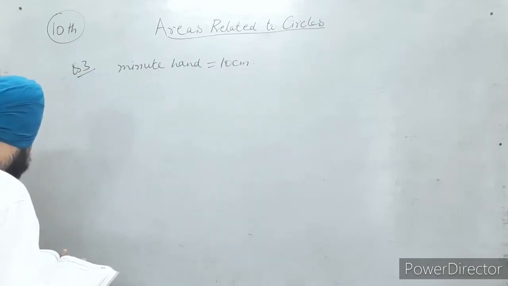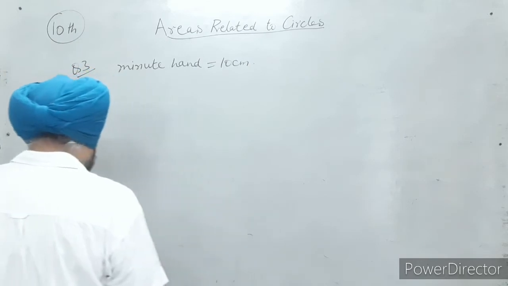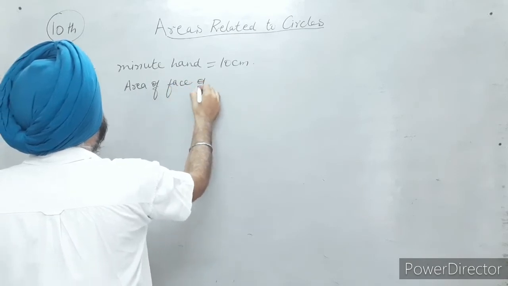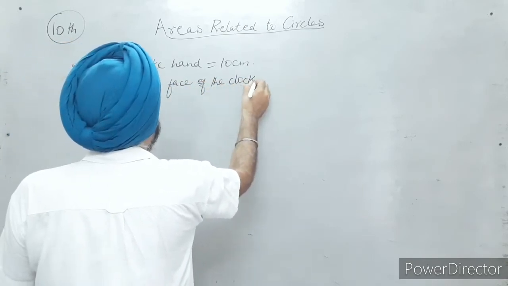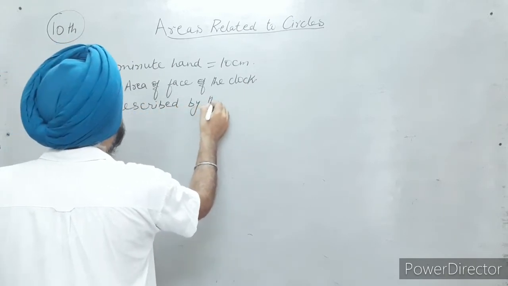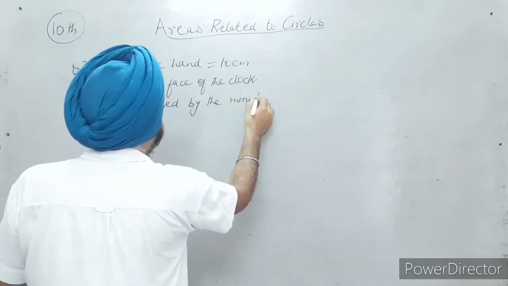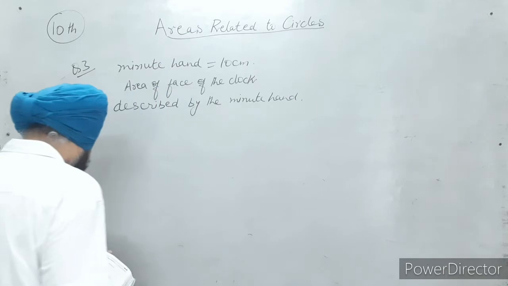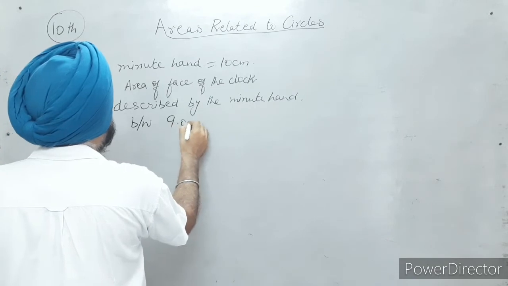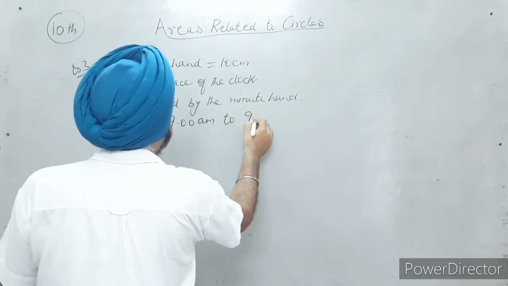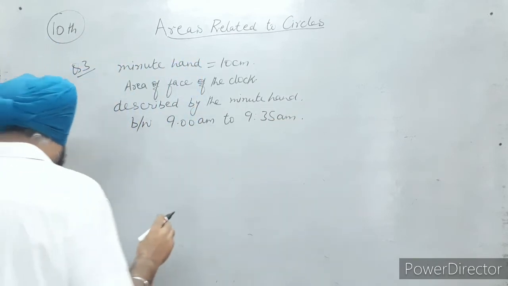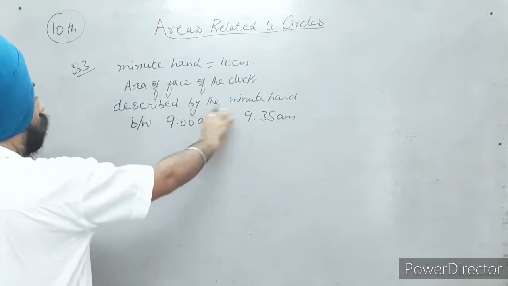Find the area of the face of the clock described by the minute hand between the time given, 9 a.m. to 9:35 a.m. Right? Now, the basic concept you have to keep in mind is total time is